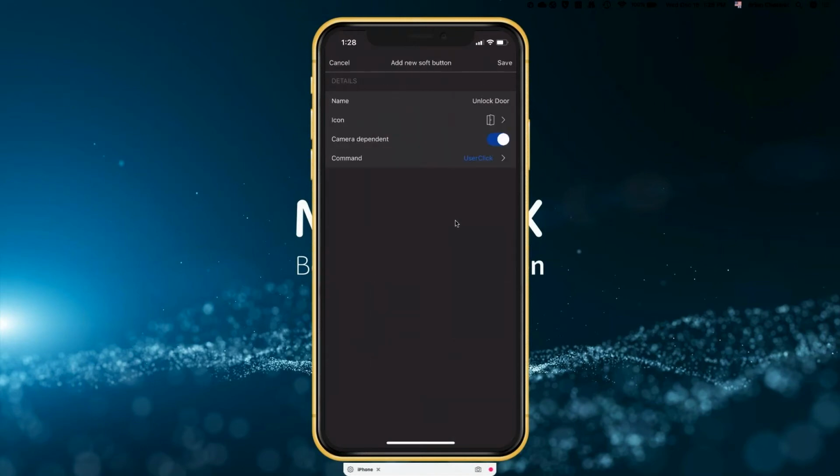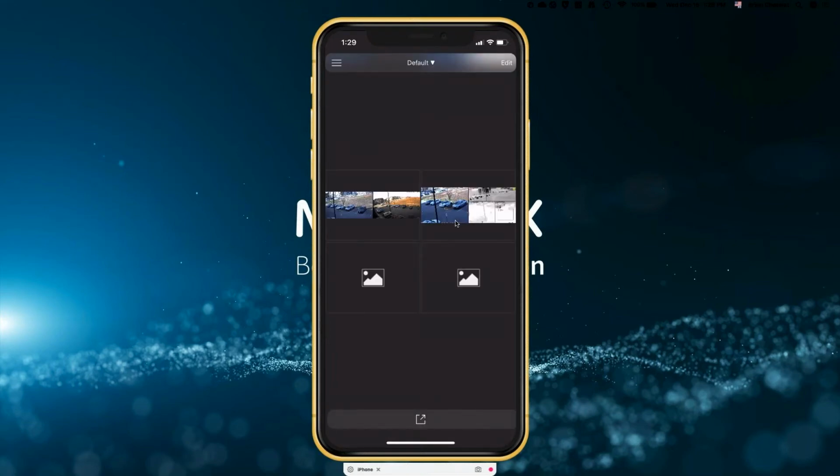And if I go back here, I'm going to save. Let's see, unlock door. Yeah, I'm going to go ahead and save that. So now we've got two of them. I'm going to close here. Down here is where you're going to have different icons show up, including the soft buttons I just created. That just expands the soft button window.